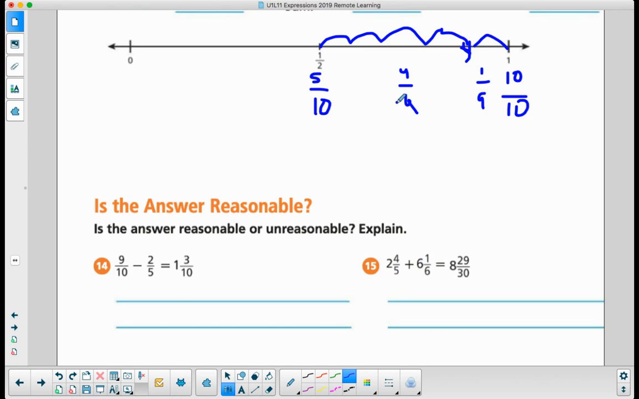Why am I writing ninths? Tenths. So 1/10 is less than 4/10, so it's closer to 1 whole. Is my answer reasonable? Explain my answer. So this is close to 1,